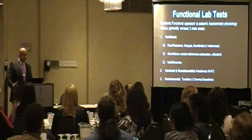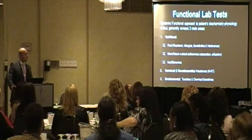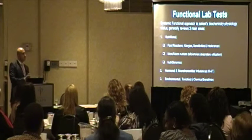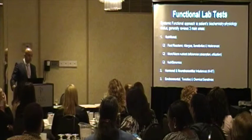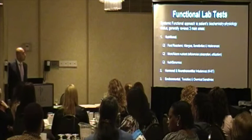This is a way to assess the patient's physiology. So we're looking at really three big areas that we can test for, aside from all the questionnaires and the history taking that we do. We're looking at the nutritional status, hormone and neurotransmitter imbalances, and environmental or chemical sensitivities. Now, under the nutritional